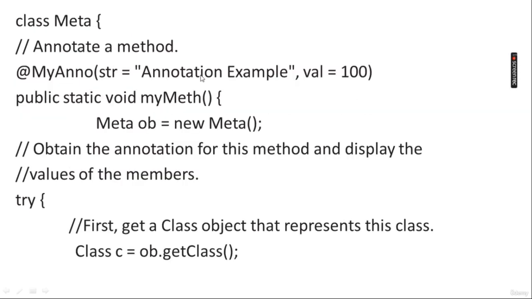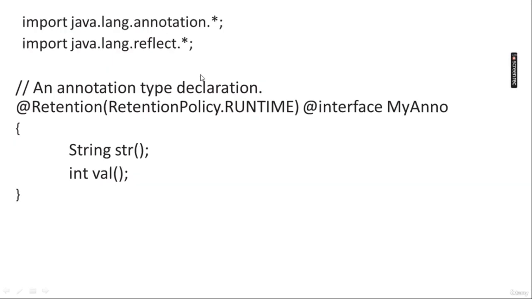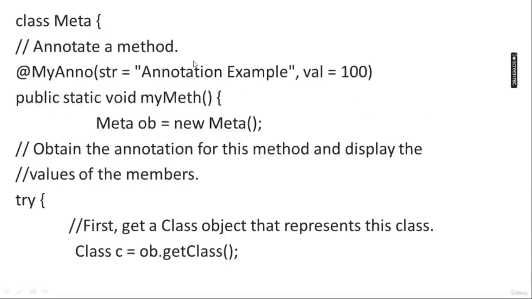MyAnnotation, string is equal to "annotation example". So this is the MyAnnotation. Okay, so MyAnnotation, string "annotation example", value is equal to 100. Meta object is equal to new Meta. We are creating an object of this class. Obtain the annotation for this method and display the value of its member. Get a class object that represents this class. Class C is equal to object.getClass(). So this is the object, and I want to get the object of this class, object.getClass(), in the